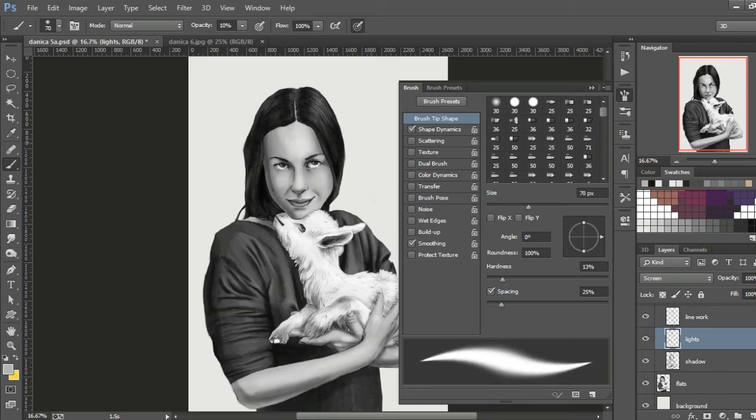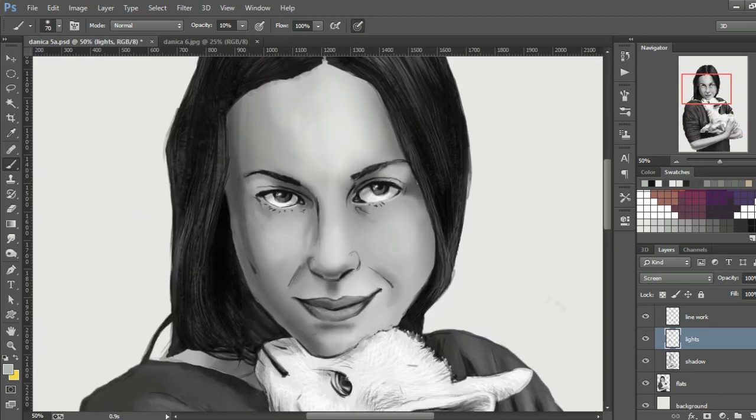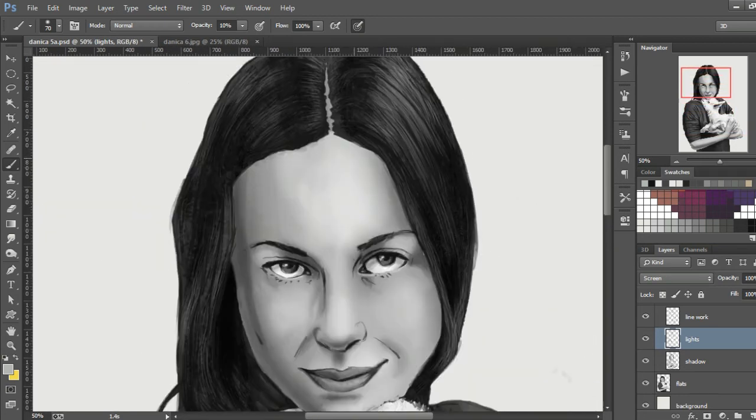It is important to build in slowly and nicely to add those highlights. Not go too abruptly, or you may lose a thing or two which you wouldn't like.